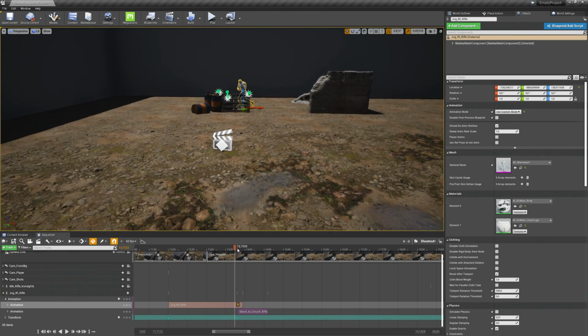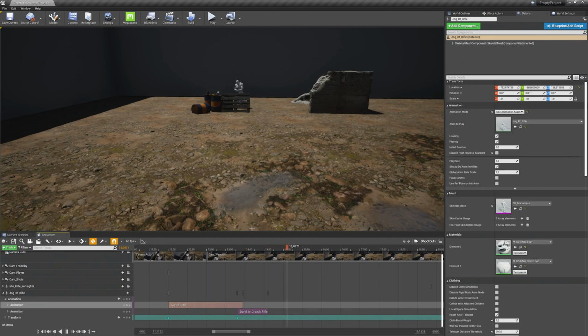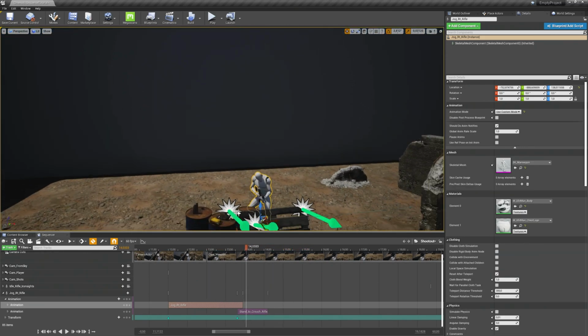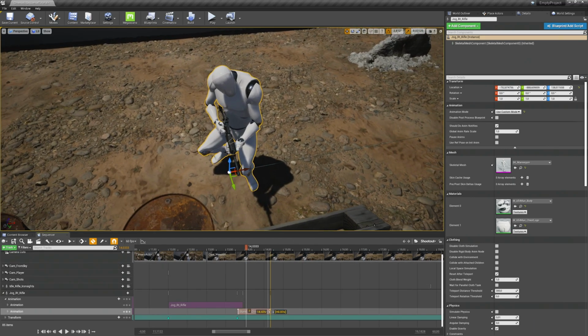And there's also an obstacle here. Yeah, looks good. So let's go near again. Then extend the crouching time. And after that, don't forget to save everything.